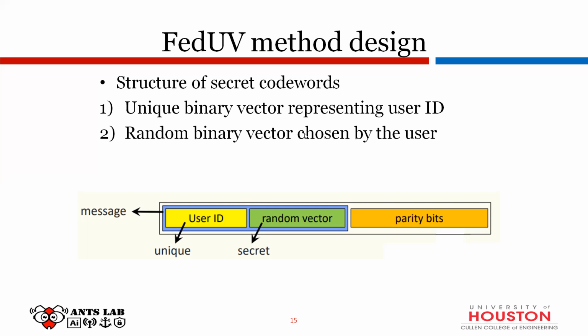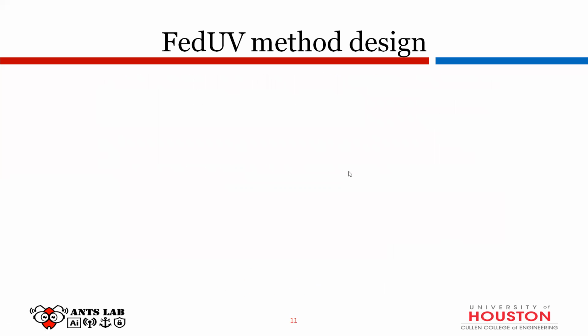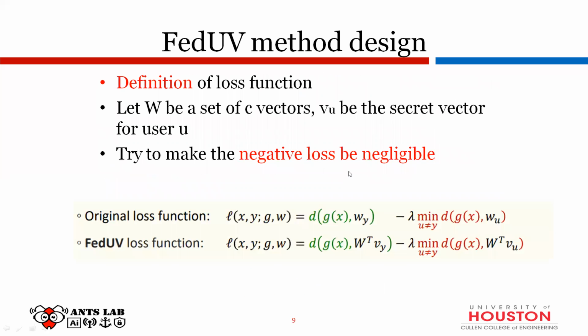Okay, I will go back to this slide here. So right here, as you can see, this is the secret vector. This Vy and this Vu are the secret vectors they just talked about. That's true. But for that Vy and Vu, you have a certain way to build it up, right? So how to build it up? Basically, this is determined like